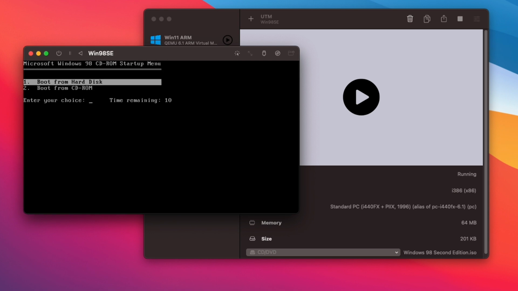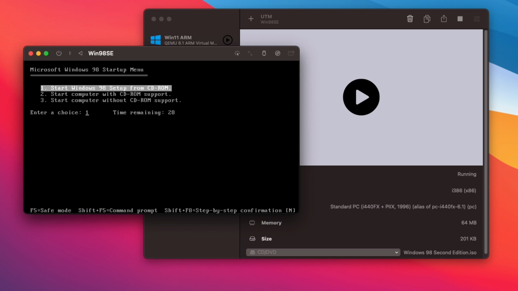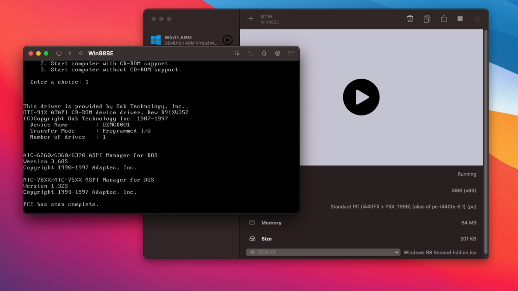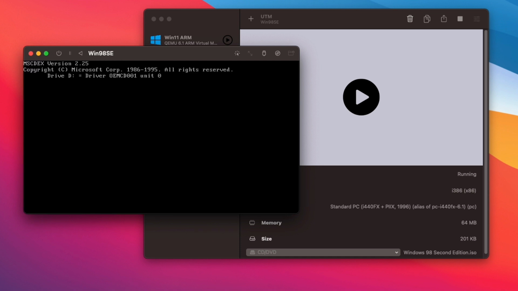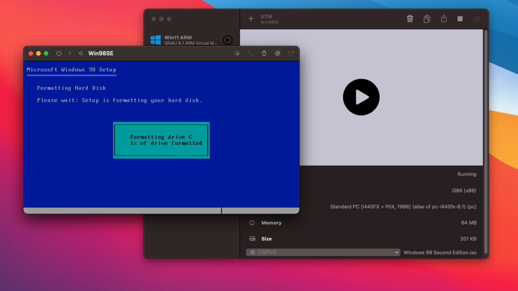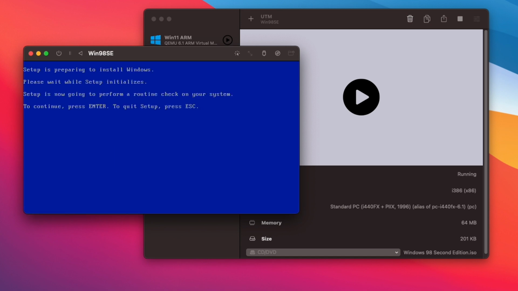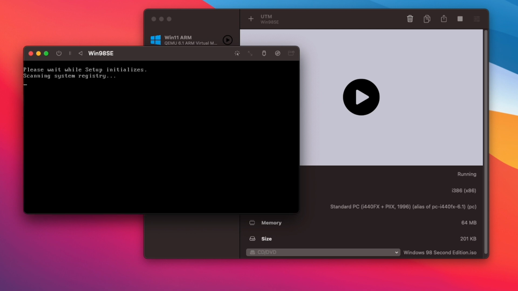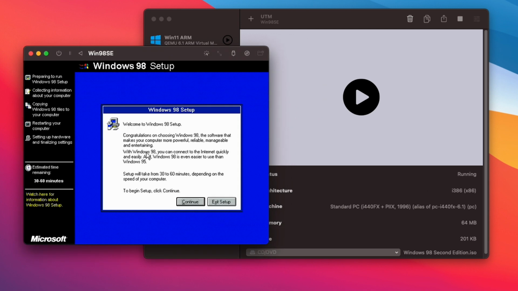After doing this, the system must reboot, and we need to repeat the first steps here again in order to continue the setup. Choose Boot from CD-ROM, and then start Windows 98 setup from CD-ROM as well, exactly as we did before. This time the setup program will format the hard drive, or at least the disk image which we assigned to the VM. This takes some time. Once the format process is done, there will still be a quick disk integrity check with Microsoft ScanDisk. I really forgot that this tool existed, although I spent hours of my time looking at it in the past. If all goes well, you will end up at the graphical interface of the Windows 98 setup.